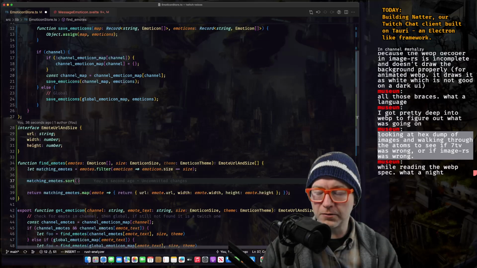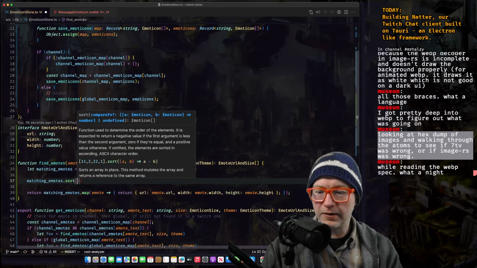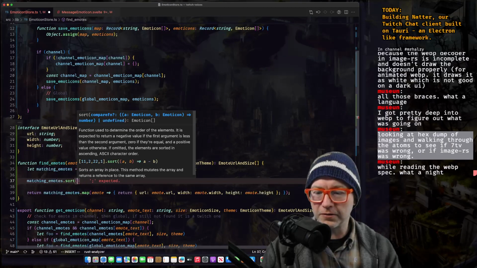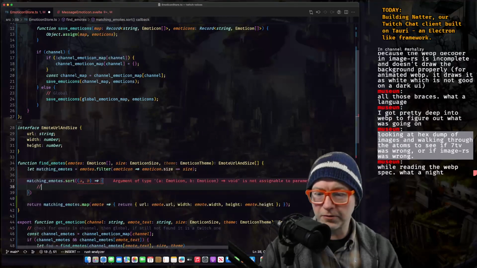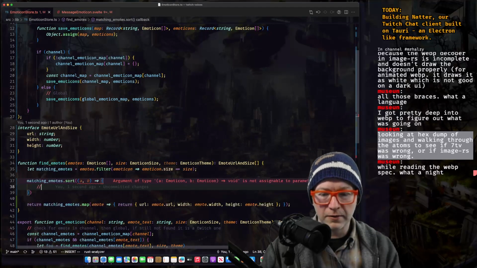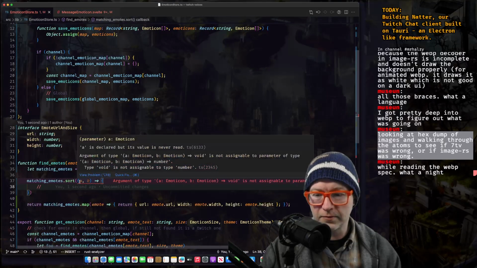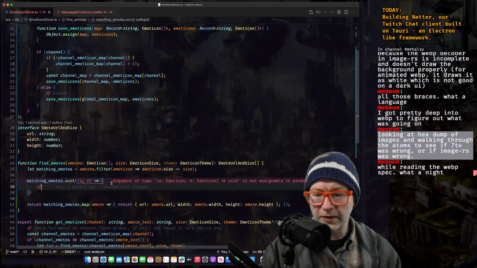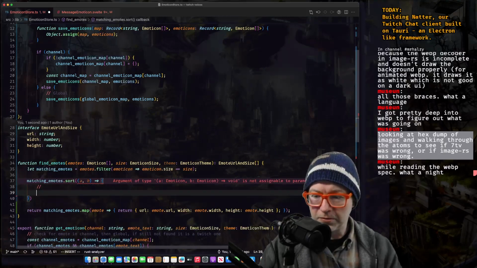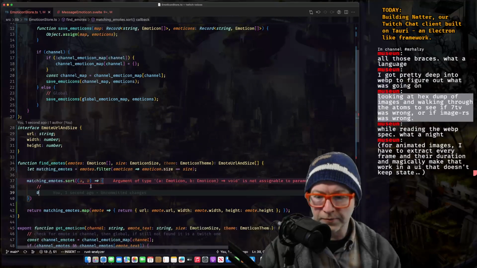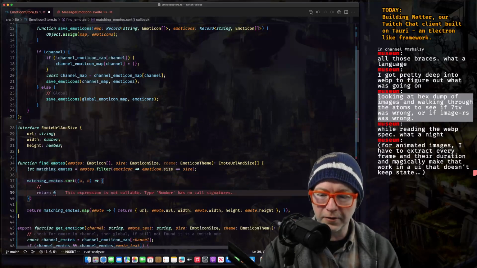Right. Sort. So how are we going to sort this? We give it a compare function. Was it A and B, right? We'll have our little block here. Yeah, we'll return a number. Don't worry. No, we have to actually return a number.